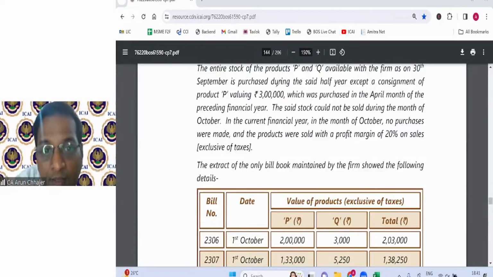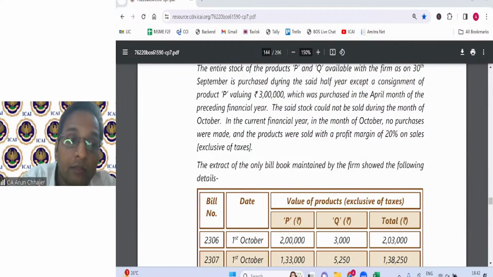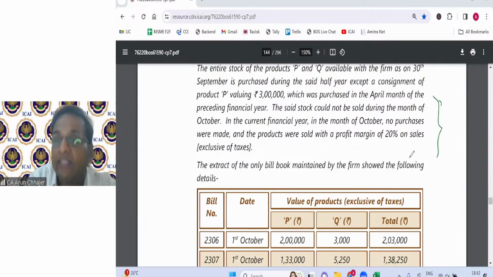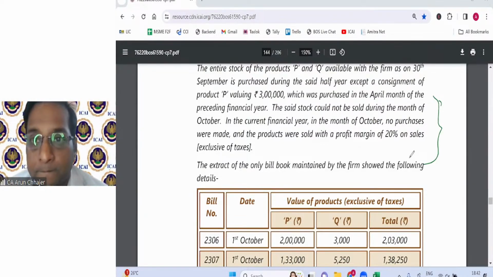तो आई कैन से द स्टॉक विच हैज बीन परचेज्ड in 3 lakh rupees would not be considered for the purpose of ITC. एग्रीड और नॉट? एक बार कंफर्म करना, ये बात क्लियर हुआ? हमने यहां पर जो आईटीसी लेना है, वी नीड टू इंश्योर दैट वट एवर द आईटीसी, we need to ensure